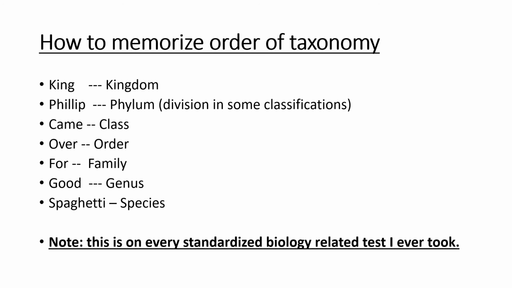I would take a couple of minutes and think that through, because you will probably come across that at some point, and you want to be able to get it right on your test. I've never taken a standardized biology test that didn't have it on there. And all you have to do: kingdom, phylum, class, order, family, genus, species, like we are Homo sapiens.